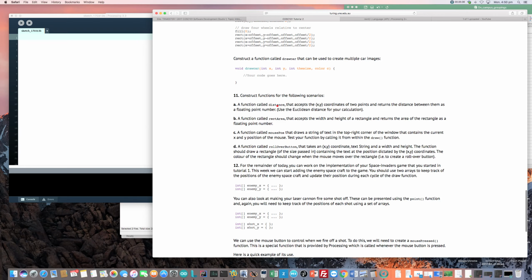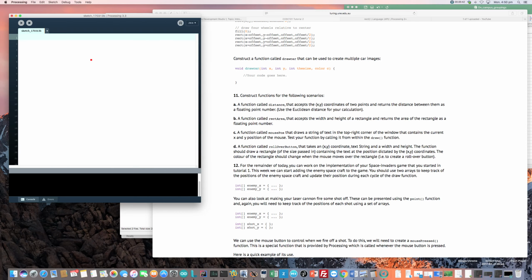So the first one is to create a function called distance that takes 2 points and calculates the Euclidean distance between them. So that's a pretty straightforward one. We'll return a floating point number for this one. Did I ask? Yep, so it returns them as a floating point. So float distance, and it takes 2 sets of x, y coordinates. So we go int x1, int y1, int x2, int y2,